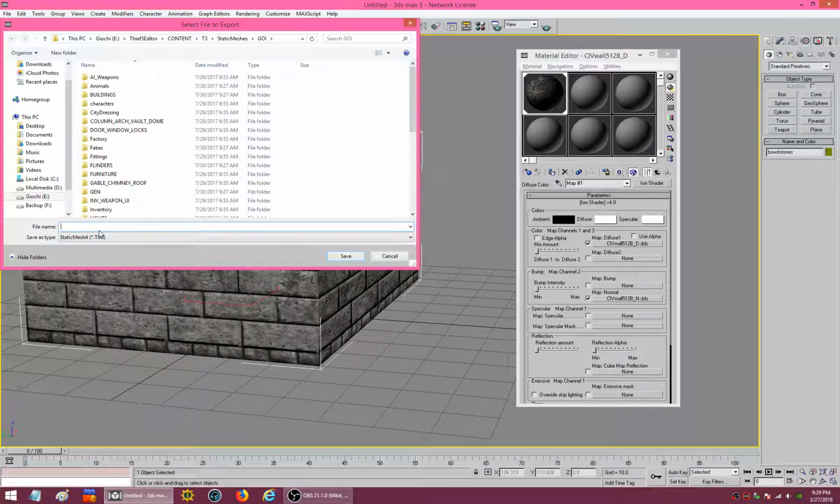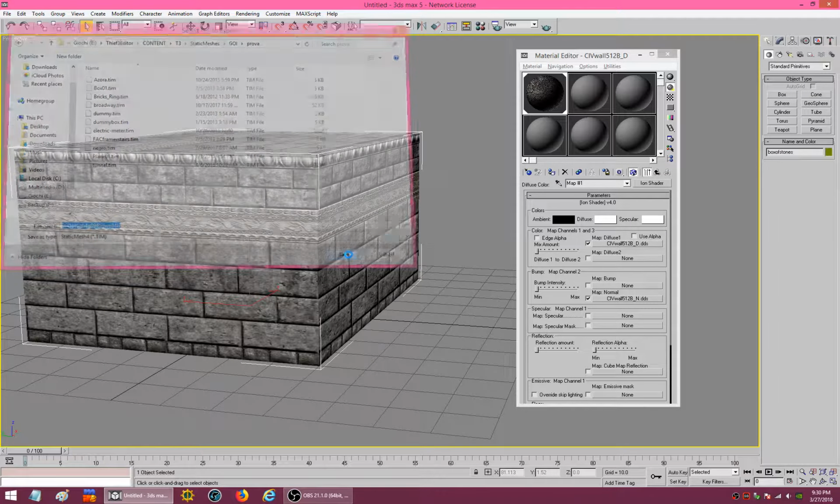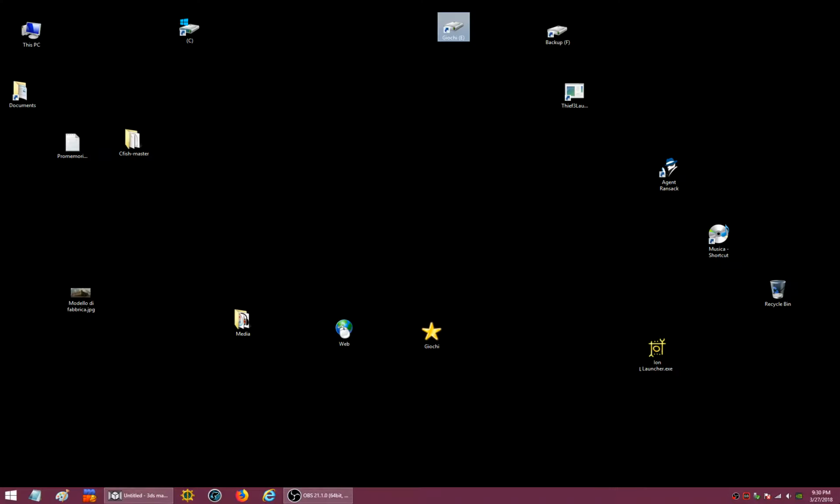Now here you can type any name you want, because the real file name the plugin will use will be the name of this object here. So now we can, for example, static meshes, go, okay, save. Now if you go on the folder